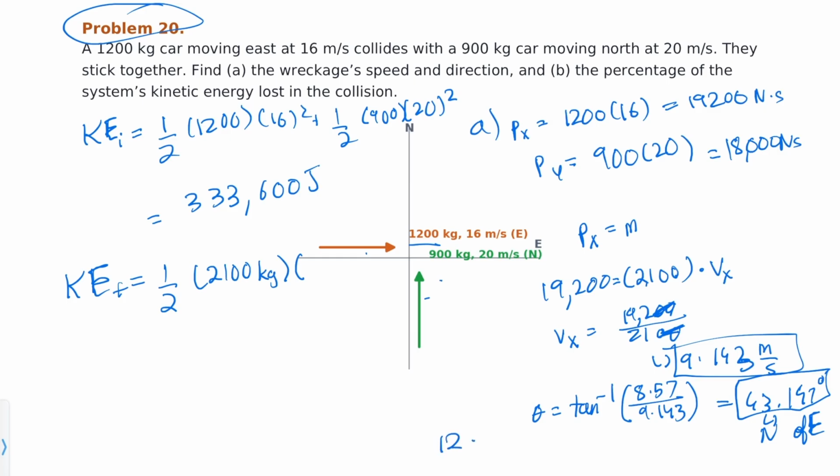So, if I remember, what was it? 12.532. 12.532 squared. Okay, so 0.5 times 2100 times 12.532 squared, which is about